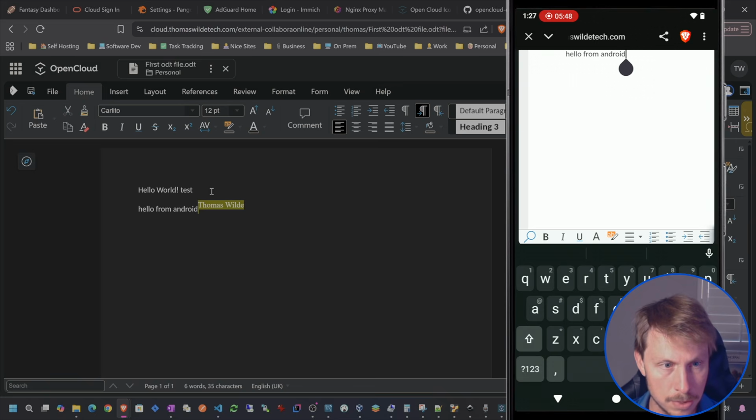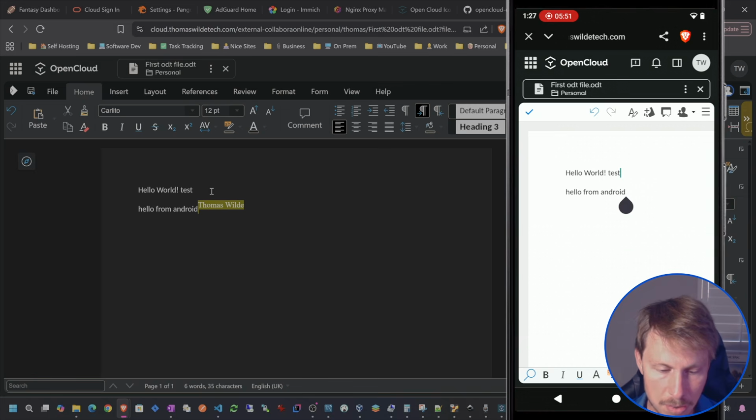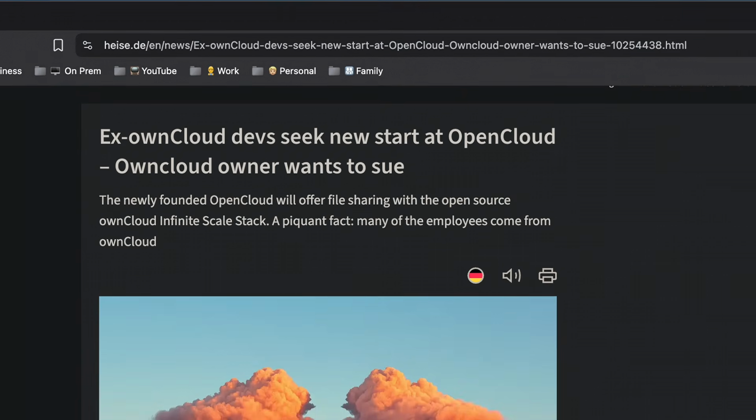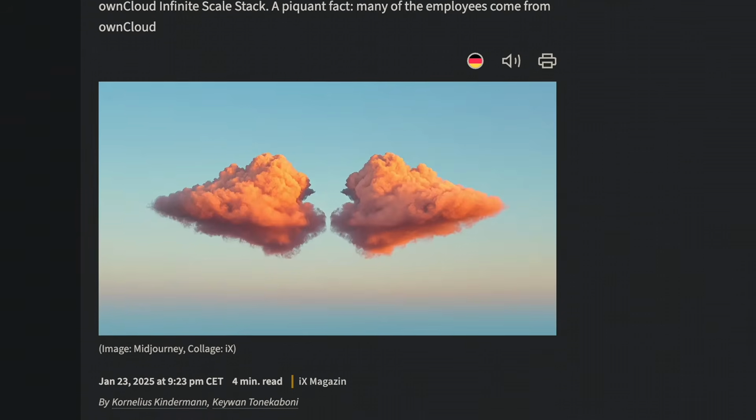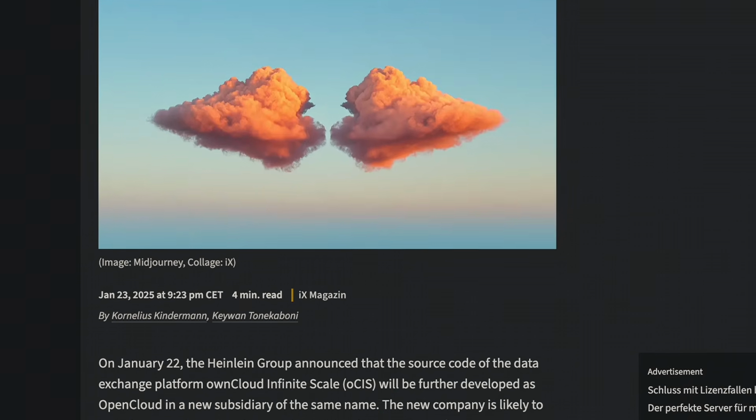Now, if you're not familiar with OpenCloud, it is because it is relatively new on the block. You see, it was forked from Owncloud Infinite Scale, OCIS. And Owncloud Infinite Scale is also, in its own respect, an awesome tool. And the only reason why I haven't done an OCIS tutorial is because I know that OpenCloud had already been forked. I think it was earlier this year or late last year when the OCIS team for Owncloud basically jumped